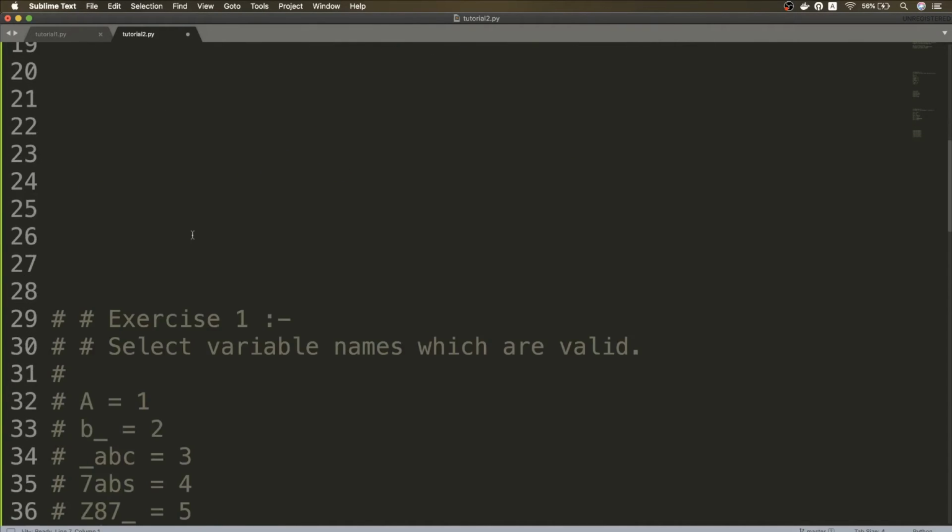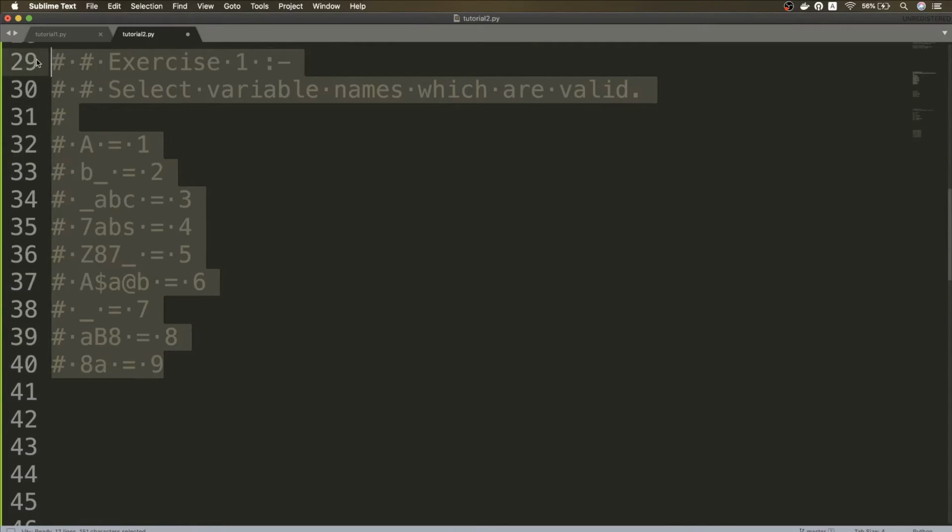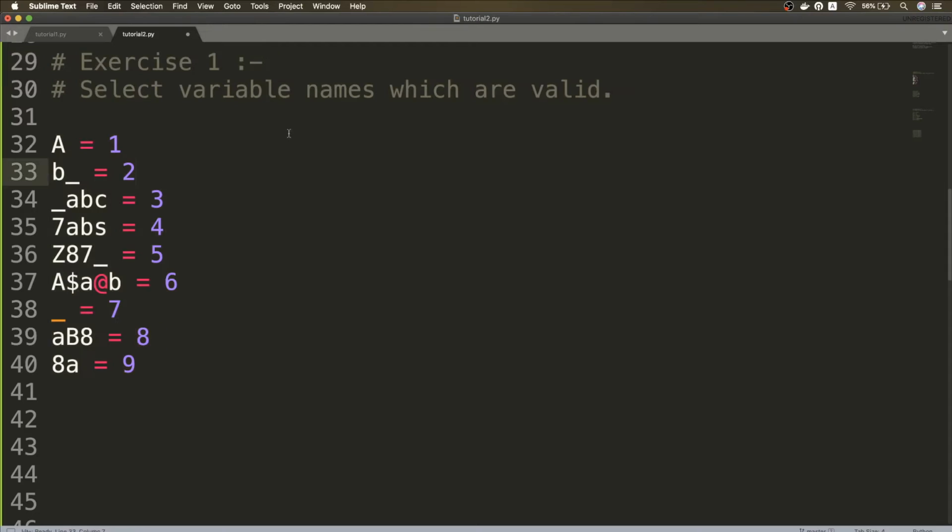As part of this tutorial we will have a short exercise to see if you understand the concept of valid variable names properly. Here we have some variable names and the values that we are assigning to them. You have to tell which of these variable declarations are valid or not. Just hit pause and think for a while to see which of these are wrong or invalid based on the rules that I just told you.